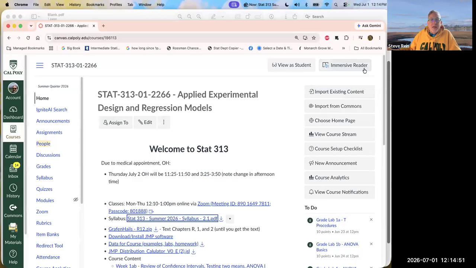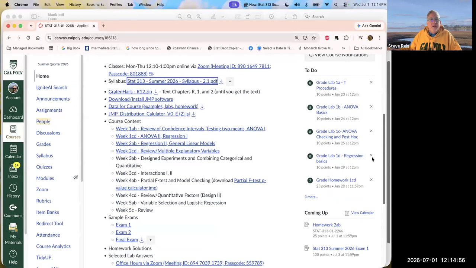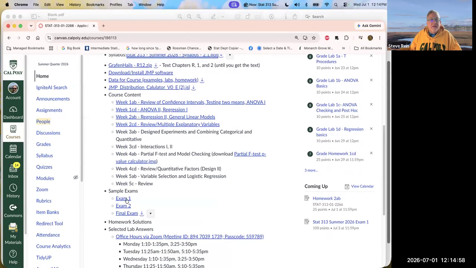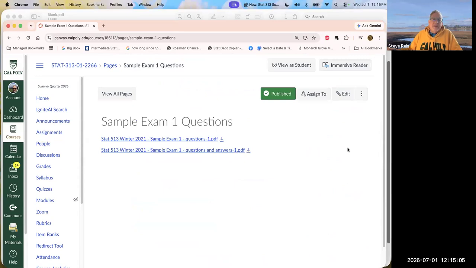So I want to mention, do the test. The test is not exactly like the sample exam. The sample exam is designed to give you a collection of problems that are similar to those that I would be likely to ask of you, and we'll spend some time today talking about that. But let's focus on the format now. I've got a 50-minute test. I give you all 55 minutes to do it